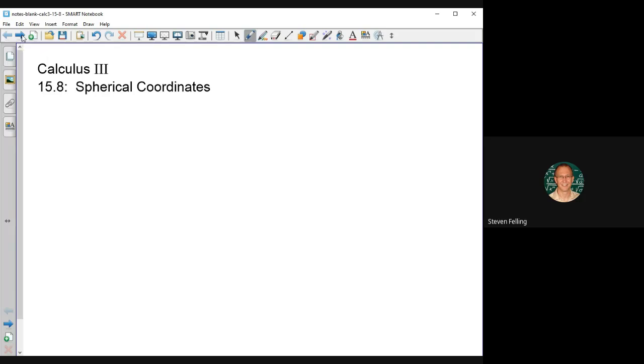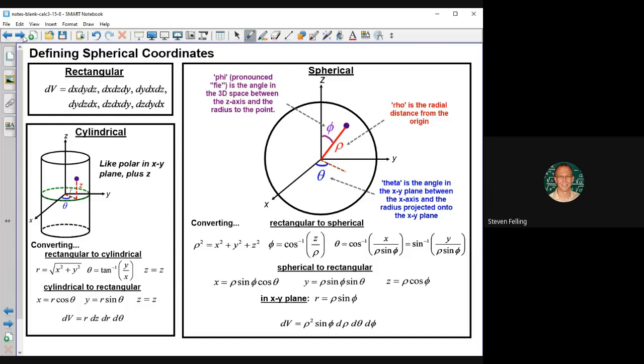shapes, just similar to the cylindrical coordinate system, which works whenever you have something that has a circular cross-section in one plane, but it's linear in the other direction, so something like a cylinder. So just to compare, we know that with rectangular coordinate systems, we just use the regular x, y, z, and we have 6 different ways that you can write the dV, but basically the basic one is just dx, dy,